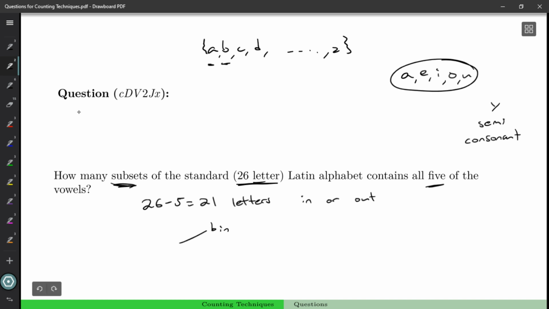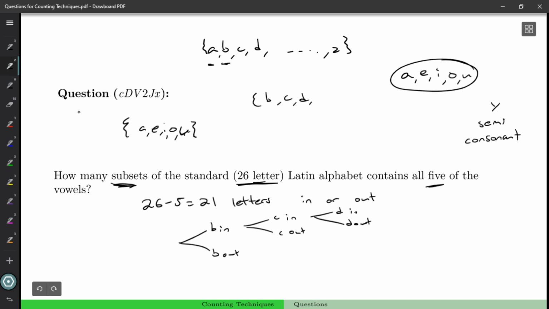Is B in or is B out? And then from there, is C in or is C out? Is D in or is D out? So really what we're doing is we've got the A, E, I, O, and U, and then we've got our set of consonants left over, and we're just trying to pick subsets of that to add into the subset we're making. But ultimately, if we've got 2 choices, we've got 2 to the power of